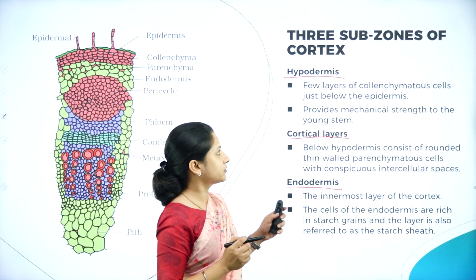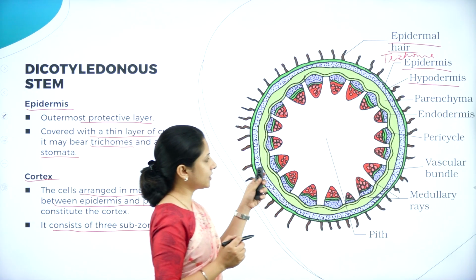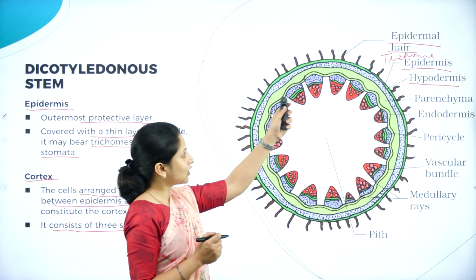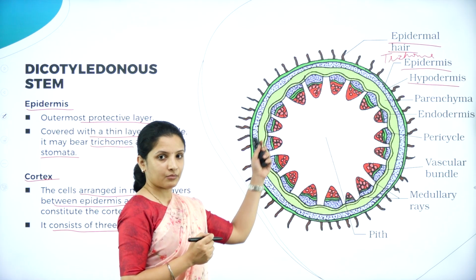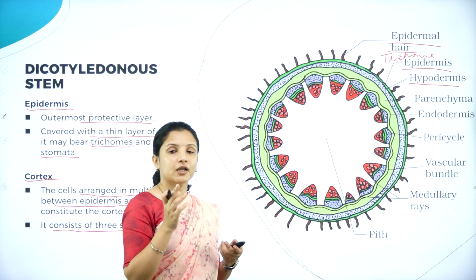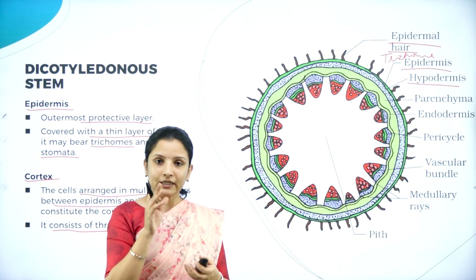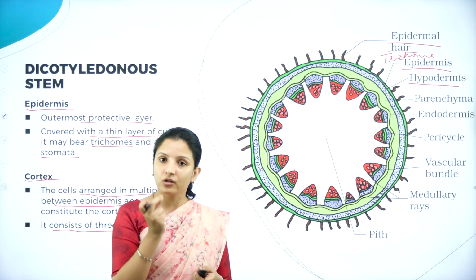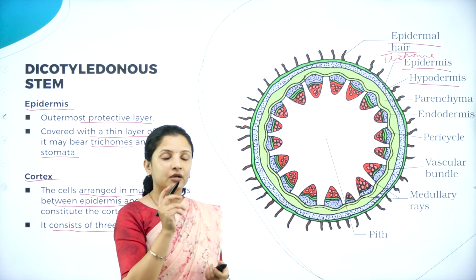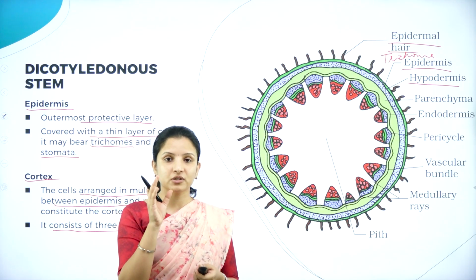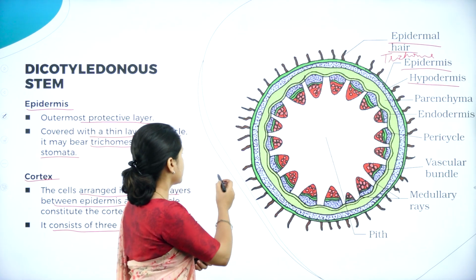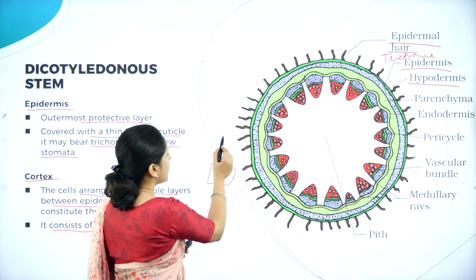Before moving on to that, if you remember, I had shown a diagram like this. When you take a cross section of the stem, this is how the entire portion looks. You have to remember that in dicots the shape of the stem is always circular, but in monocots they have an angular shape. It usually looks like a square. If you observe grasses, they actually have angles, unlike dicots, which are not round.